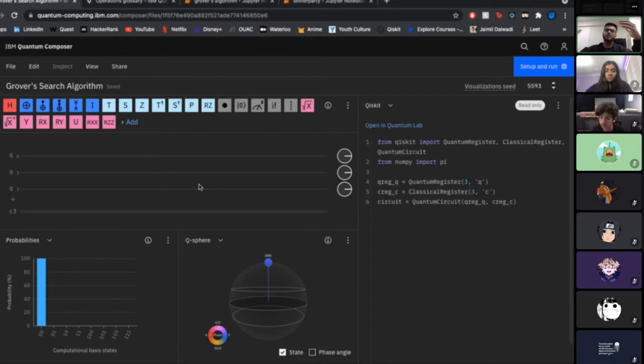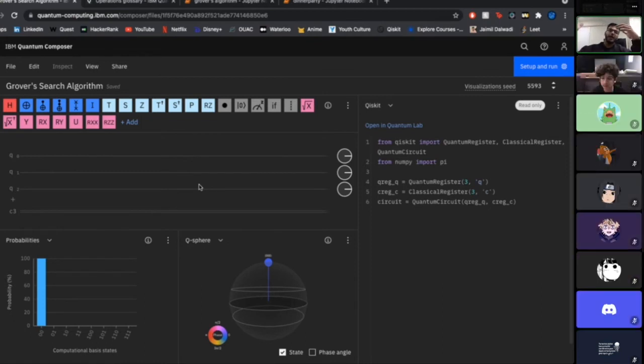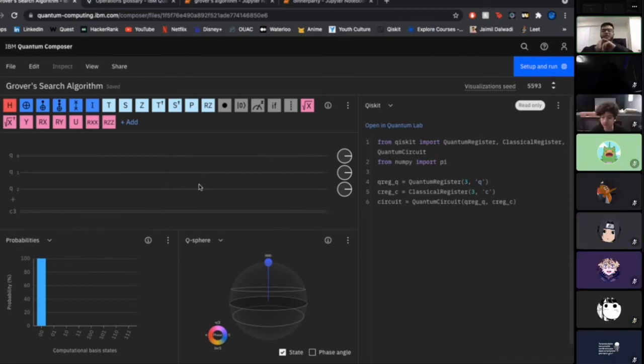So it will see your mom or dad as the most probable one, and it will output that saying, here's where you need to go. And the reason why this is so much faster is because it can look at multiple things at once. It's looking at probability. It's not looking at yes or no. It's not going to go through each one and confirm it. It's going to go through the entire line, and try to find the most possible one.